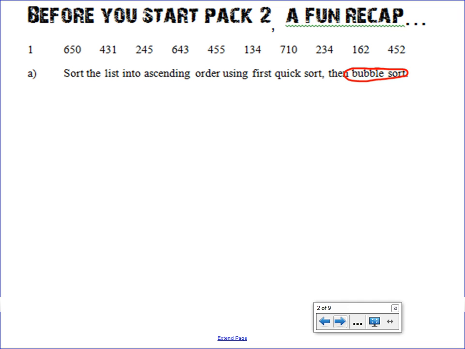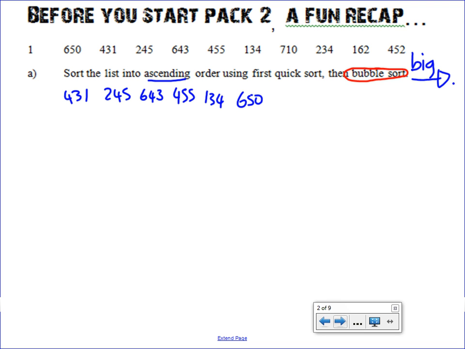Okay, bubble sort. So we're doing ascending again, so we're going to have big things going this way. So the 650 can go all the way up to here, and then it gets blocked by the 710. So that's 4, 3, 1, 2, 4, 5, 6, 4, 3, 4, 5, 5, 1, 3, 4, all